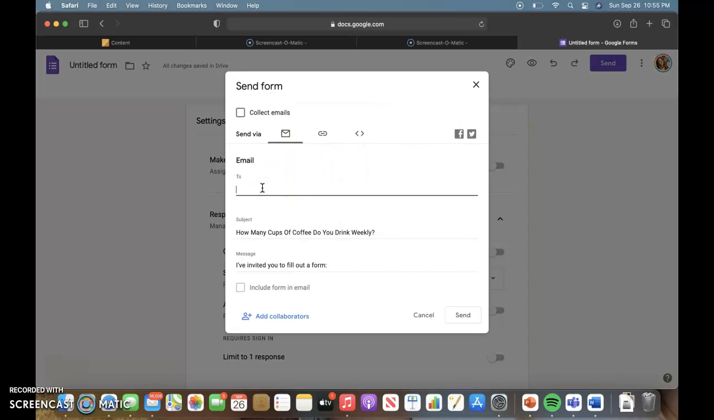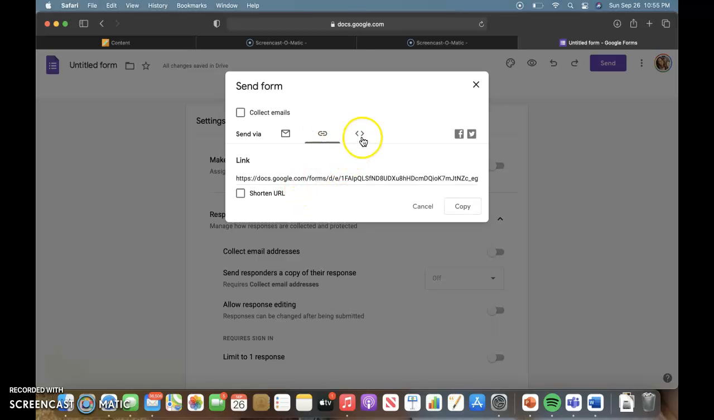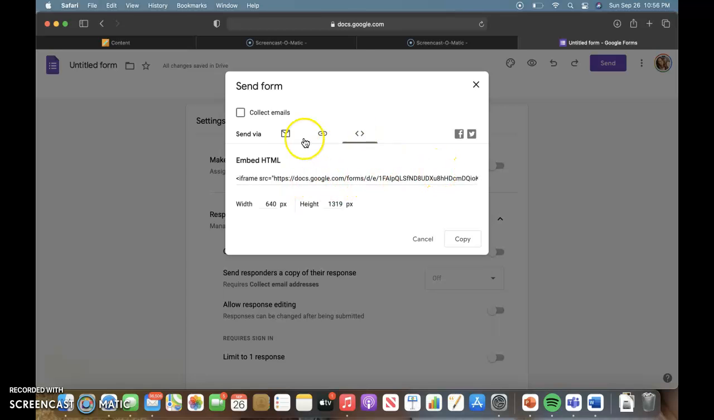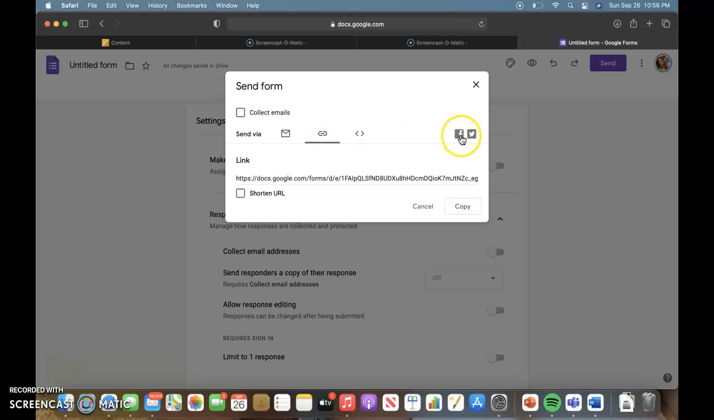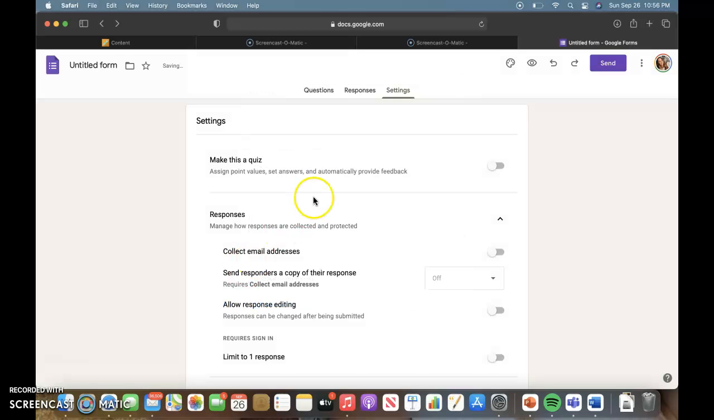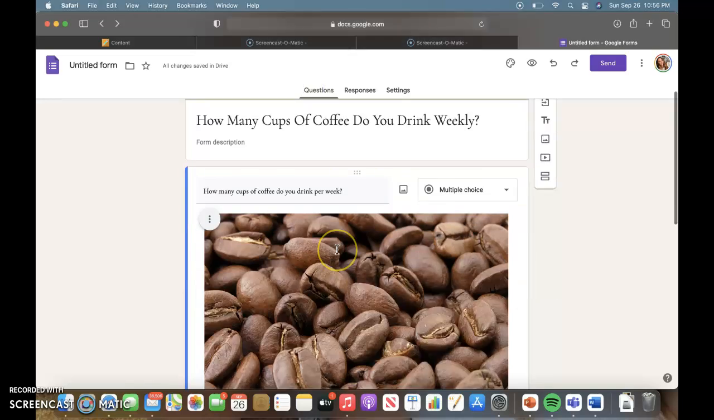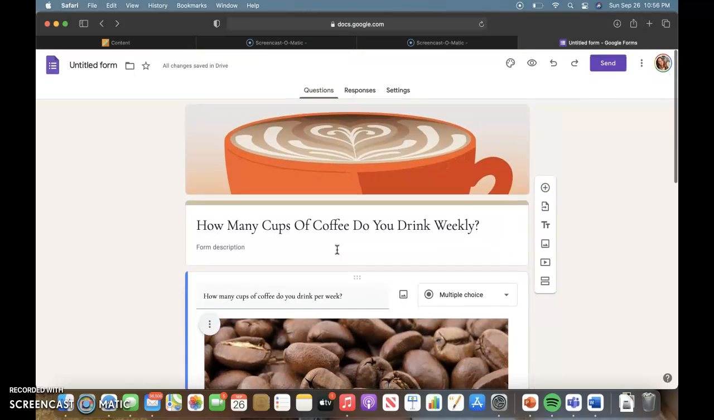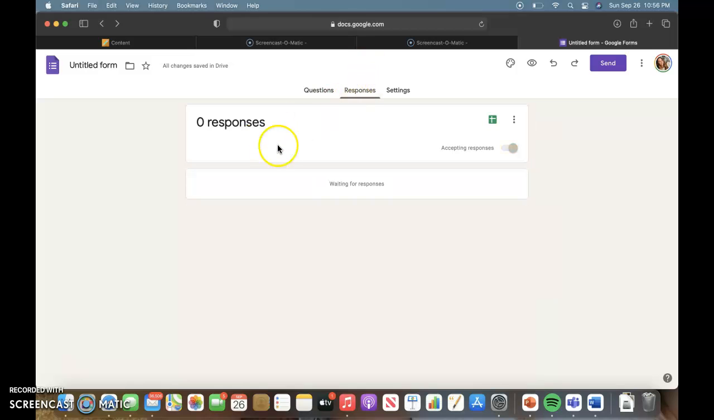And you can just send it to whoever you would like to send it to. And it could be via email, through a link. You can also send it through Facebook and Twitter and stuff like that. You can also add different people to help edit this form if you wanted to. And then once you send it, you should get responses back, and then, like I said before, you can look at the